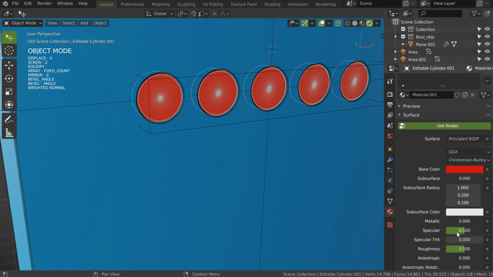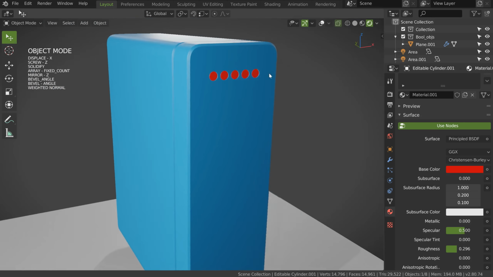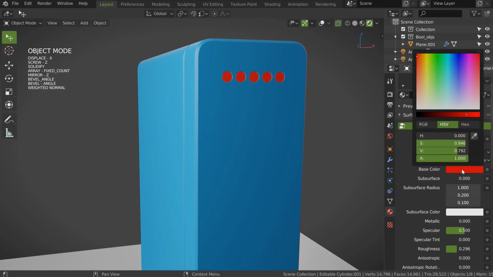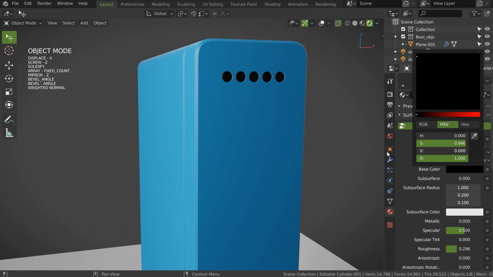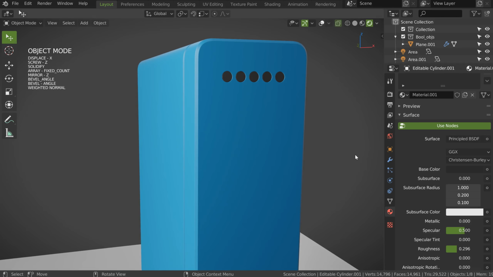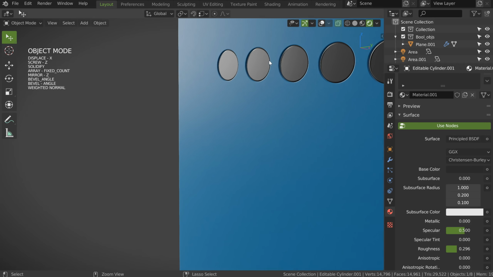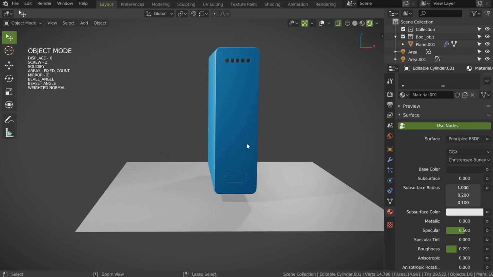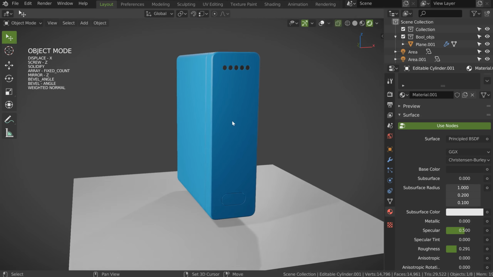I will play with the roughness to do this, and I will have this. But I will make it black, I think. Remove the, no, but not the value. The value will be this, but I will remove the saturation. And that's it, I have this result. I can play with the roughness to have something more or less shiny. That will be better like that. So, for now, this is what we have.